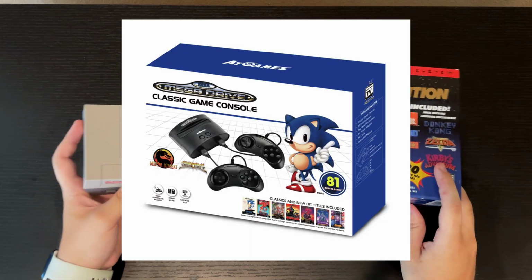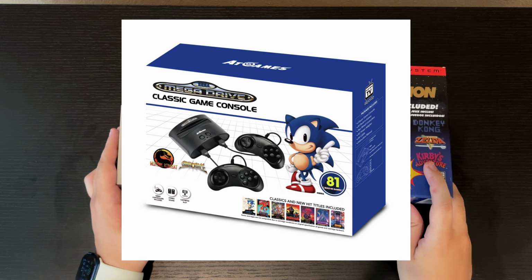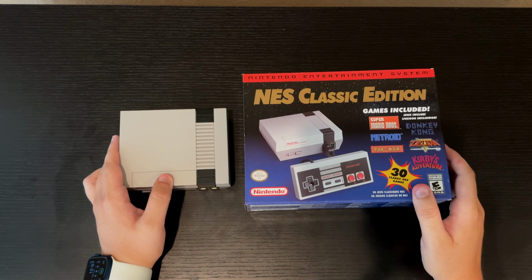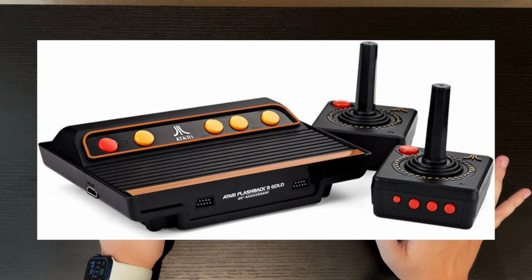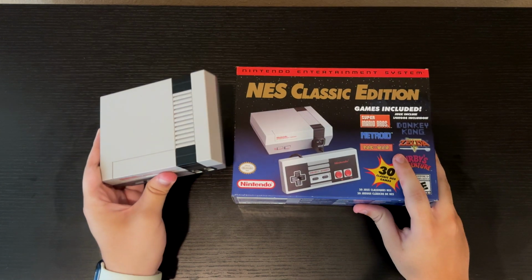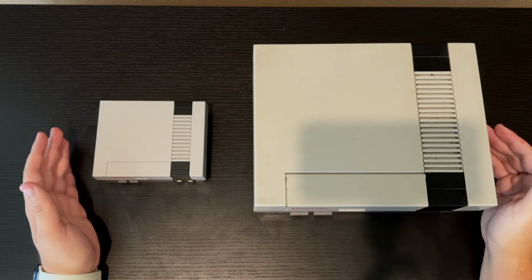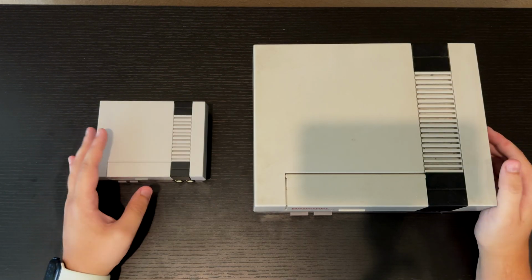Before, most of those plug and play consoles weren't really good replicas. They just sort of looked something like the console, except for those Atari Flashback ones. They're still crap, but they did sort of look like the 2600. With these, they pretty much looked exactly like it. If you take a regular old school VCR toaster NES,